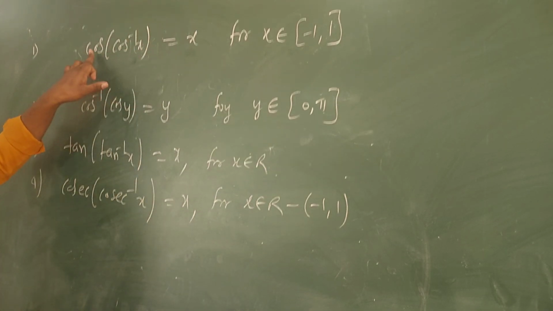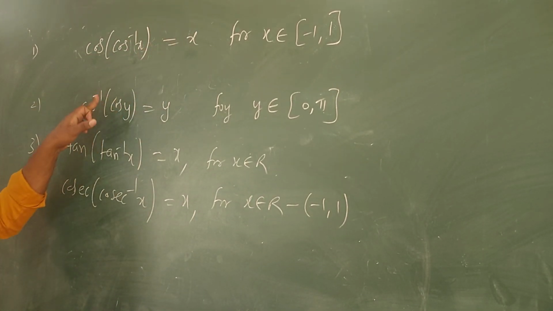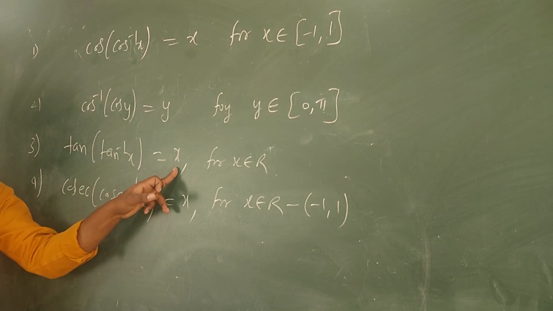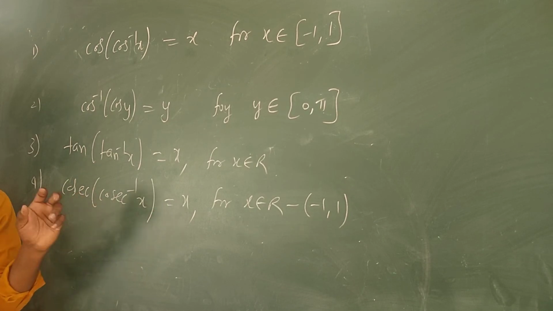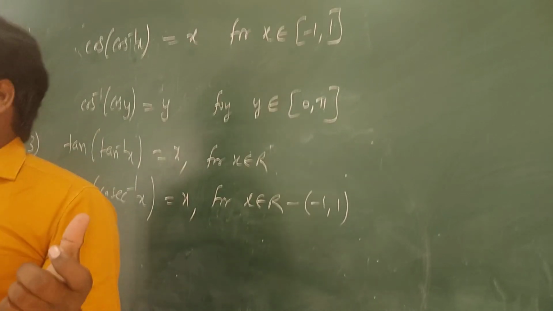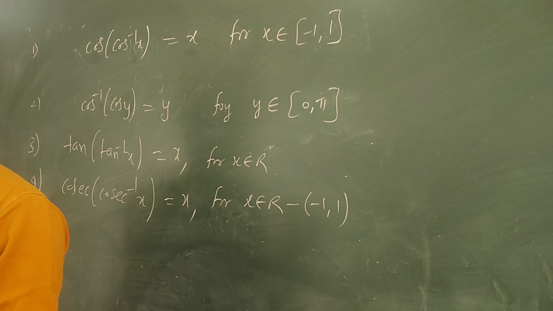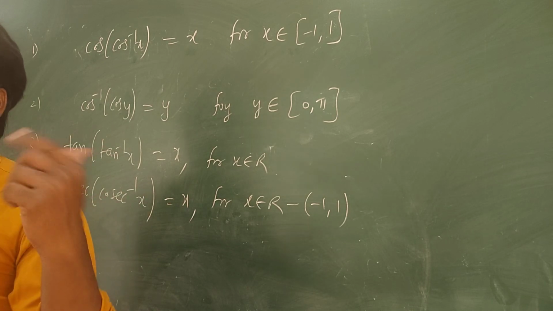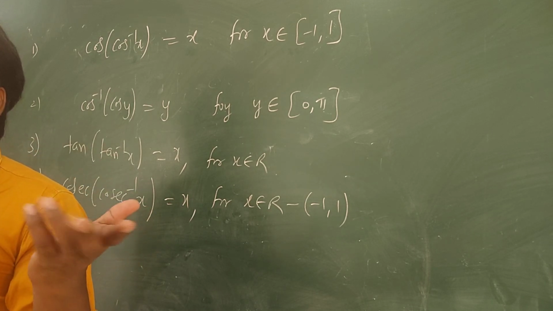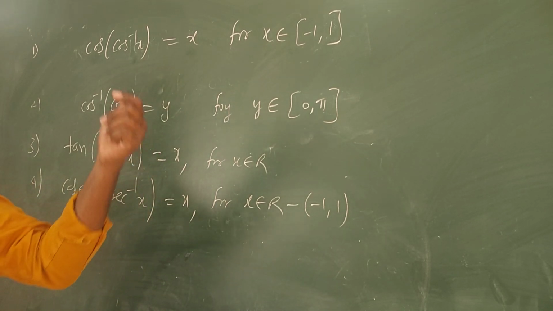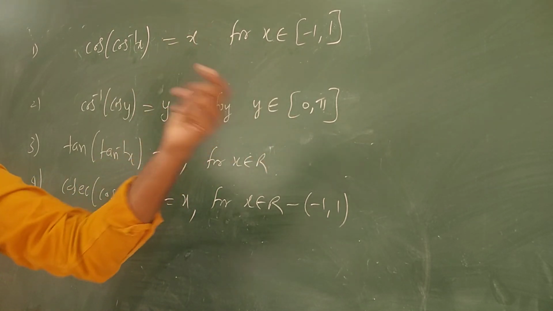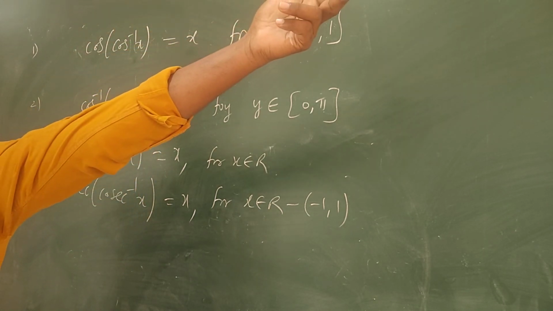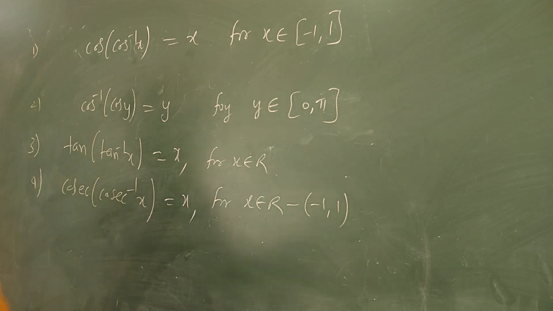So the main thing is you remember that cos of cos inverse x is x, cos inverse of cos y is y, tan of tan inverse x is x, sec of sec inverse x is x. You know how these things are forming? Like, you know the identity function. Like in matrices, A into A inverse, what will you get? A into A inverse, what do you get? Matrices, you know very well, na. I. Like with f of f inverse, you are getting x. These are the identity functions. f is a function, f inverse is the inverse function, and you are getting an identity function, Ix, like that.